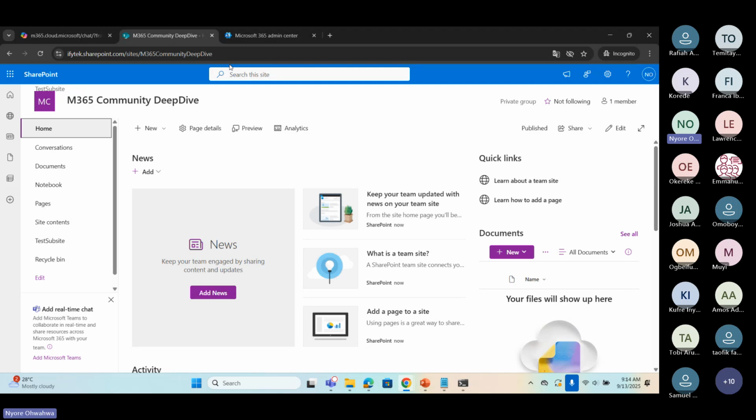Okay, so that would help your troubleshooting very fast. If you have done that and you see that the site is not locked, then you can go ahead to continue that troubleshooting steps. Right. Okay, so I would just go ahead.